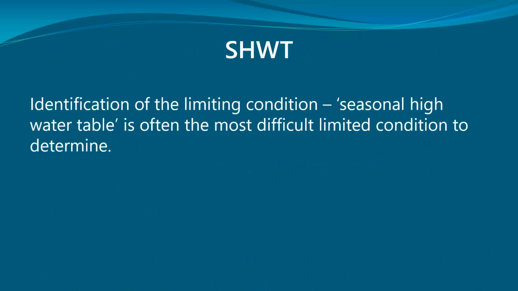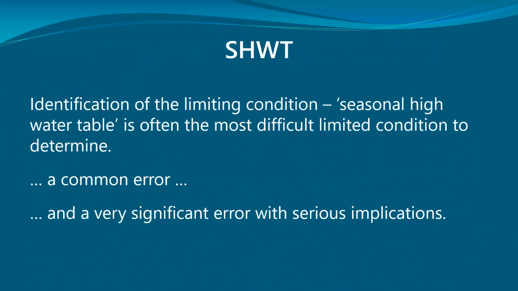Seasonal high water table is the problem. It's the most difficult to determine. It's a very common error. We literally see systems underwater, right, at least the base of the trench. Therefore, it has pretty serious implications. So as a maintenance provider, if you see that in your observation ports, that's a definite breach of a critical standard. You need to reveal that, make recommendations to the owner.